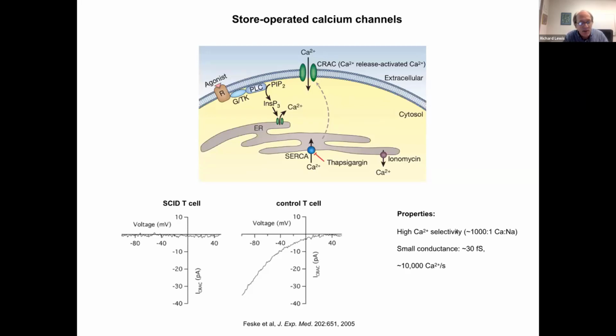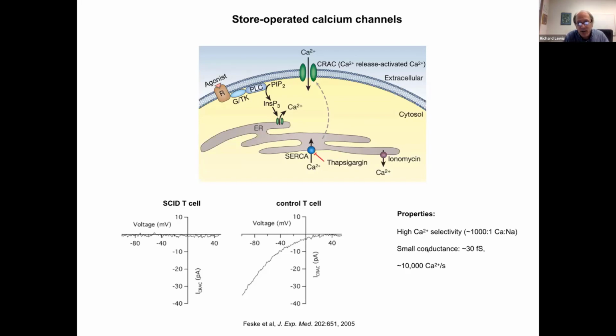First, this is an extremely calcium-selective channel, about 1,000 to 1 selective for calcium flux over sodium. This is indicated in one sense by this inwardly rectifying current-voltage relation. So the point is that this is essentially a pure calcium current. There are negligible amounts of sodium that are going to enter along with calcium, and this minimizes the depolarization of the cell membrane that would occur when the channel opens.